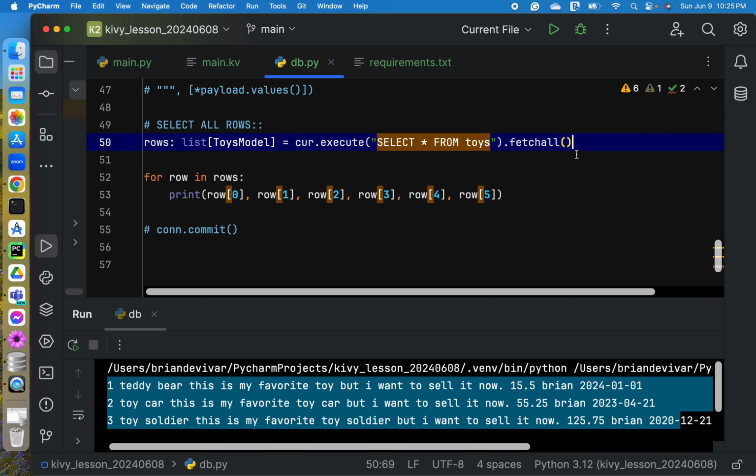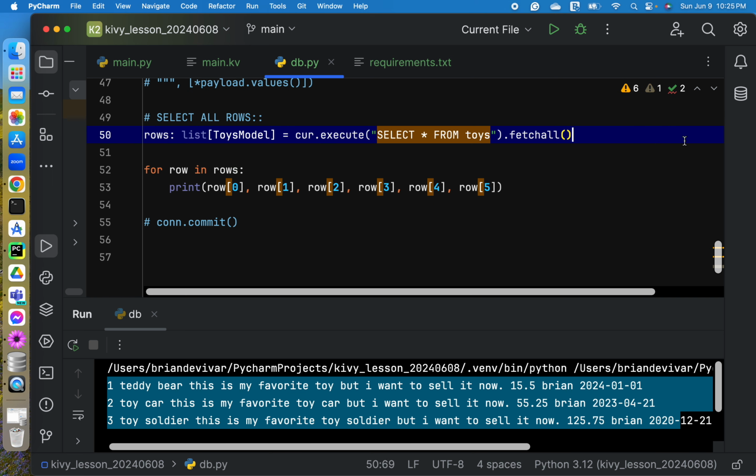Now, how are we going to show the items in our table?